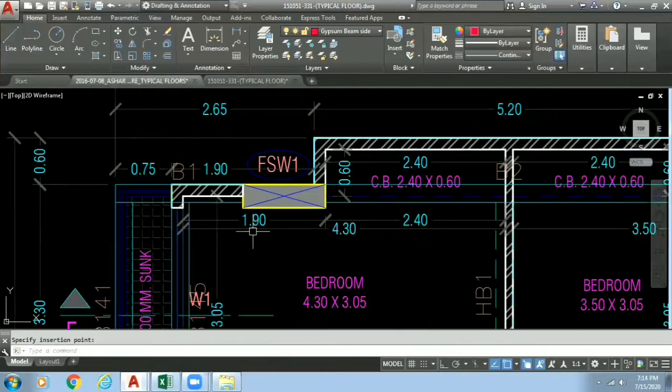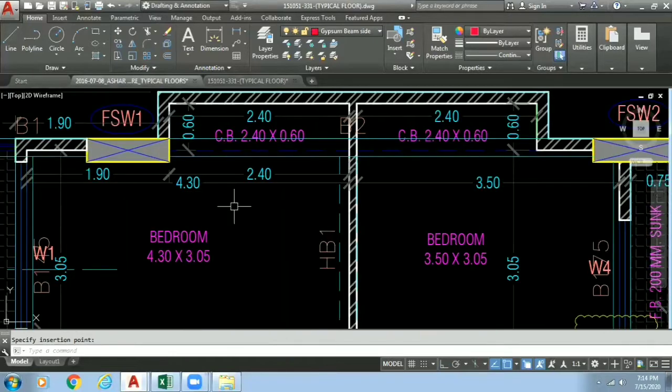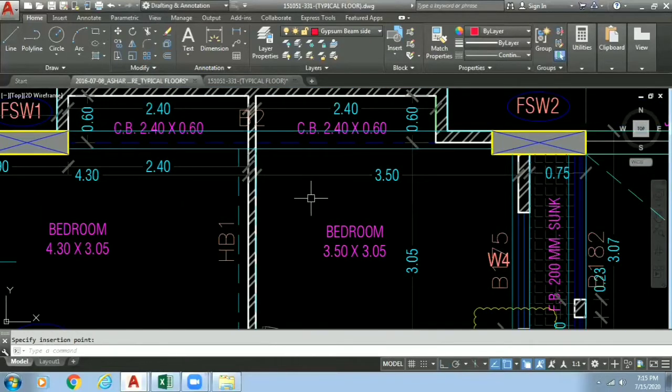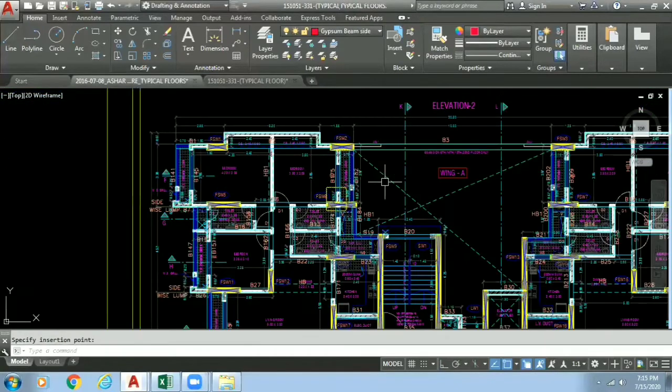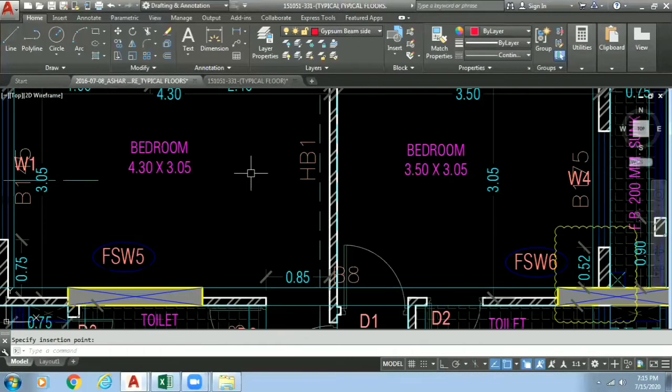The overlapping of the drawings is also essential in reading the drawings. When you read the drawings for discrepancies, this overlapping is mostly used. So this is a very important concept. Please do practice this two or three times so that you will get completely clear about how to overlap the drawings.